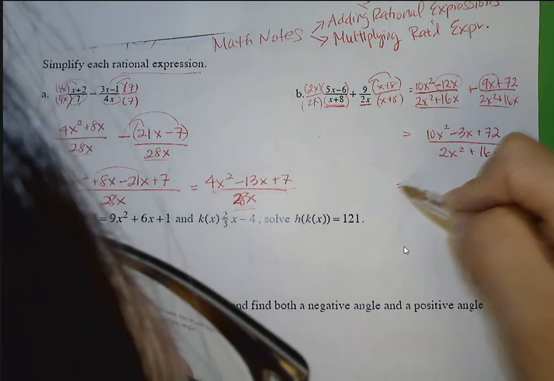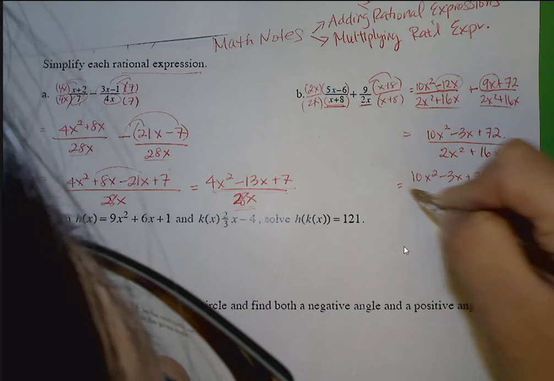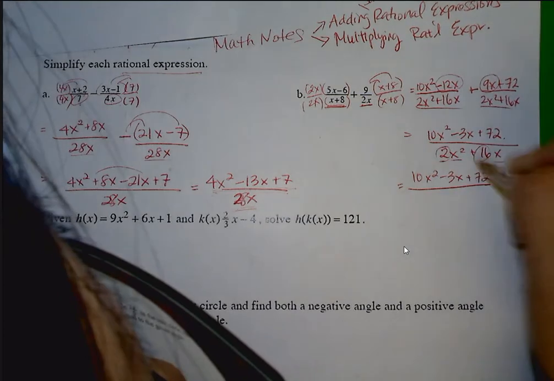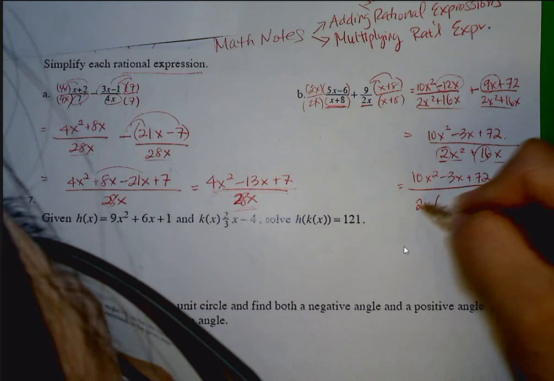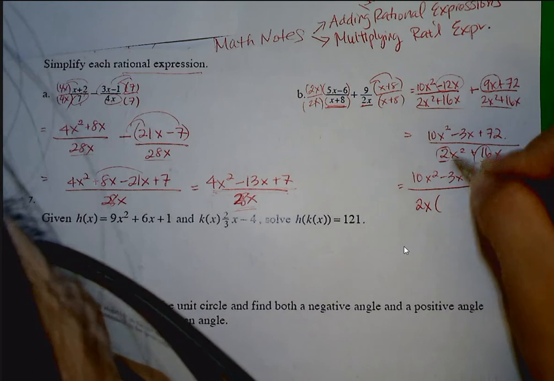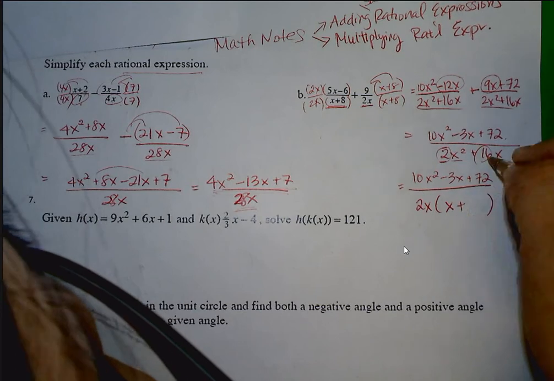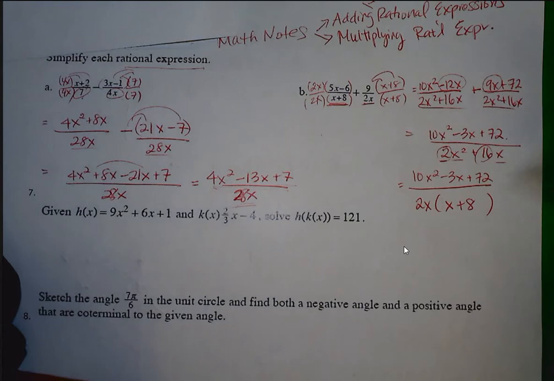But guess what can be factored? Down here, notice that there's an x in both terms and there's an even number in both terms. So I could factor out a 2x. If I factor out a 2 here, then there's just 1 left, an invisible 1. Factor out an x here, there's 1 x left. Factor out a 2 from 16, I get 8. Factor out x from x, so here we are. Now x plus 8 is not a factor at the top, so nothing's going to reduce,